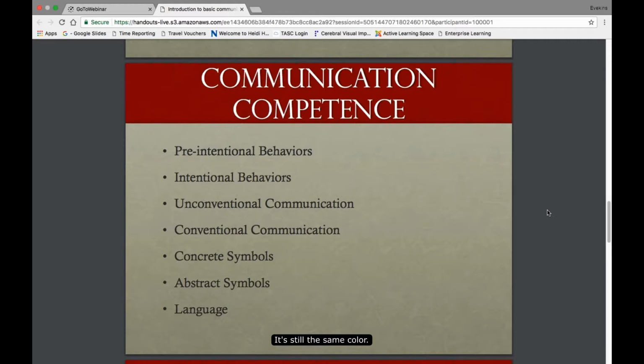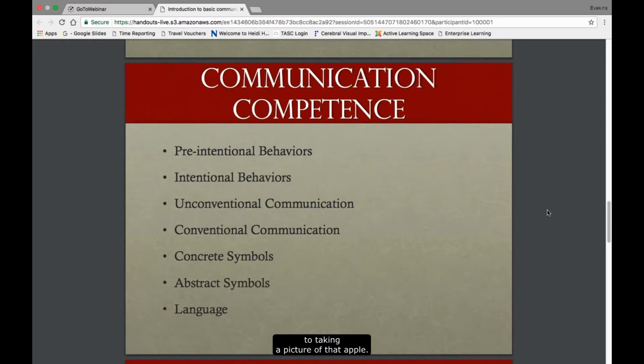It's still the same color. It just might be two colors now because the inside of the apple is more of a yellowish white and the outside is red, green, yellow, whatever color apple you have. So it still is a pretty good representation of the actual object, but it is what we call a partial object.